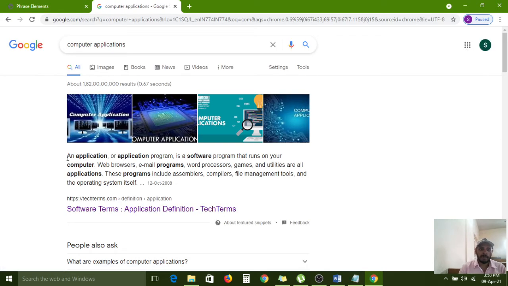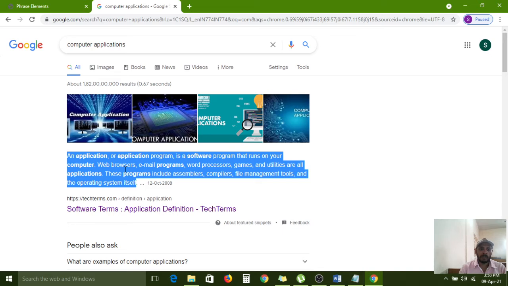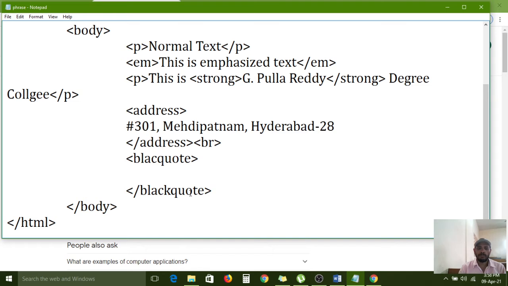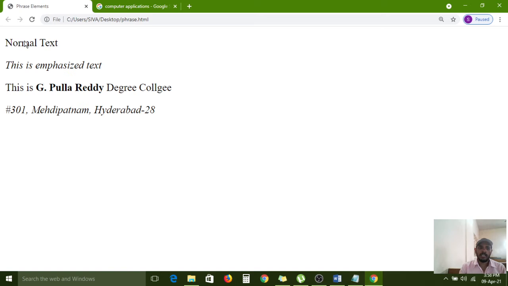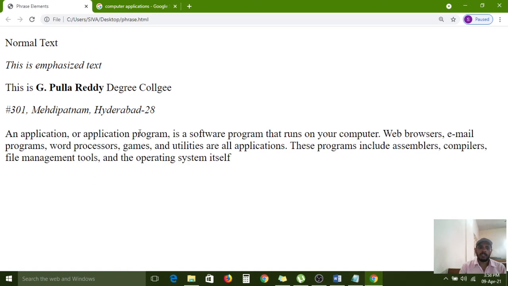Some paragraph came, so I am copying it here just for showing purposes. If you want to take any other paragraph, no problem, but don't take the same paragraph. I am saving this file again and refreshing it. So this is showing one separate section like that.